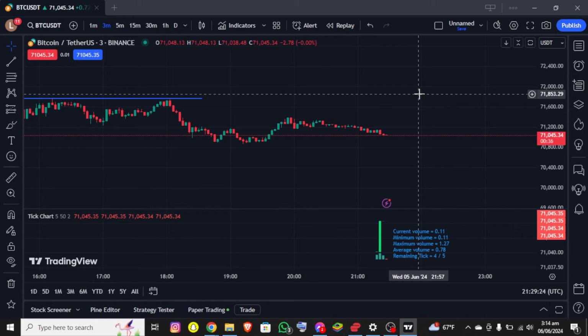So basically this is how you can use tick chart on TradingView, and if you still encounter any issue during